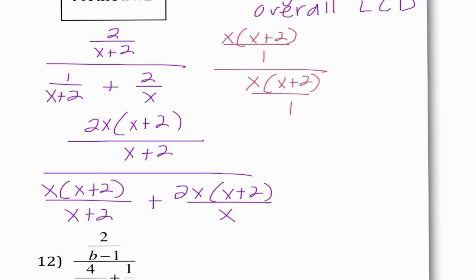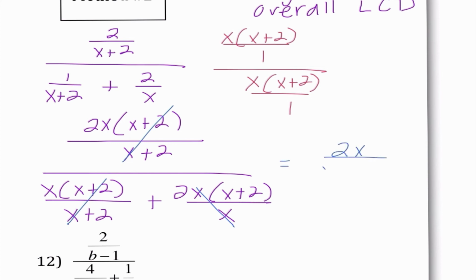And looking at this, I definitely can see that some things are going to cancel. I have my x plus 2's, my x plus 2's, and my x's. So I'm left with 2x over x plus 2 times x plus 2, which becomes 2x over x plus 2x plus 4,